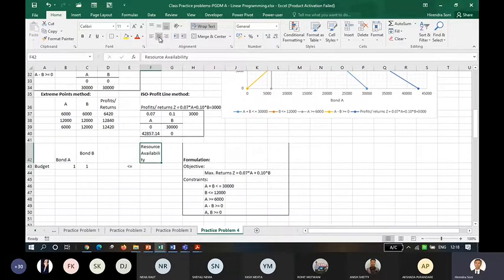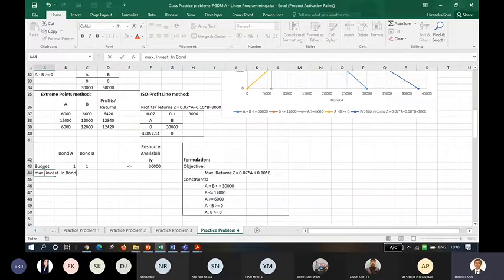रिसोर्स अवेलेबिलिटी आपका कितना है? 30,000। रिसोर्स अवेलेबिलिटी इज 30,000। अब सिमिलरली ये जो दूसरा है दैट इज लिमिटेशन इन टर्म्स ऑफ इन्वेस्टमेंट इन बॉन्ड बी, करेक्ट? सो मैक्सिमम इन्वेस्टमेंट इन बॉन्ड बी।